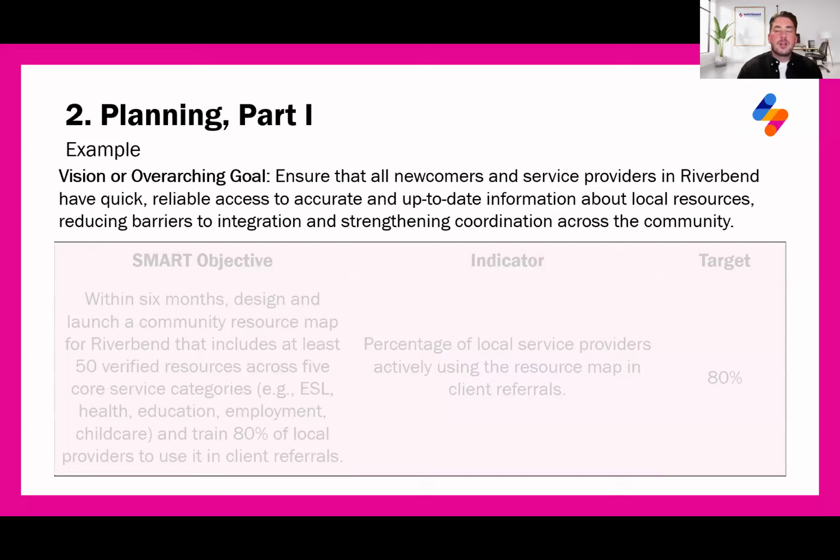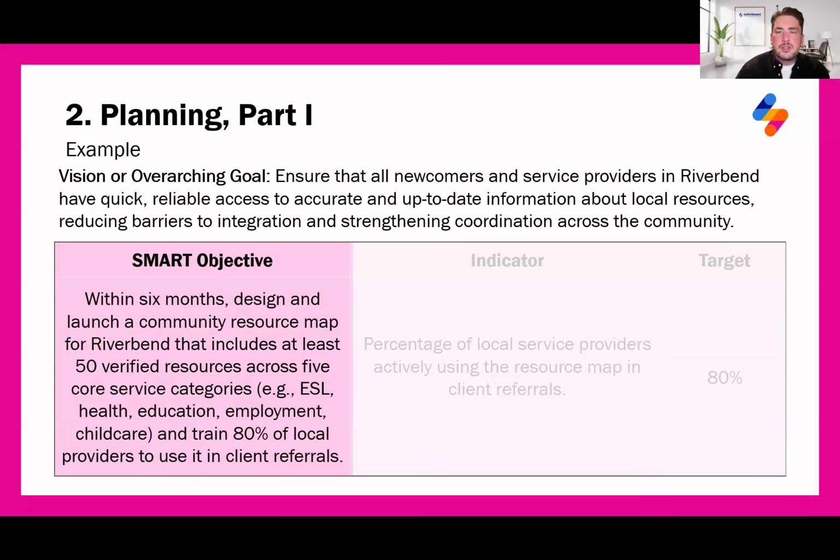Here's an example of what it looks like to initiate this planning part of the process, and then I'll tie it back to Layla's scenario as well. An example vision or overarching goal would be: ensure that all newcomers and service providers in Riverbend have quick, reliable access to accurate and up-to-date information about local resources, reducing barriers to integration and strengthening coordination across the community. Now, the SMART objective for that would be within 6 months, design and launch a community resource map for